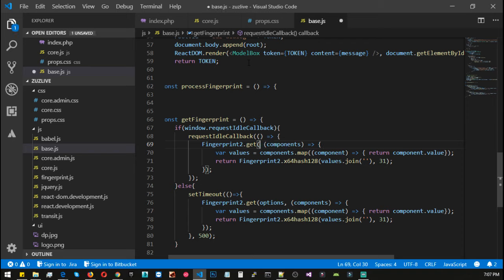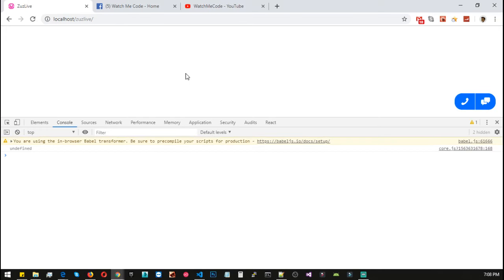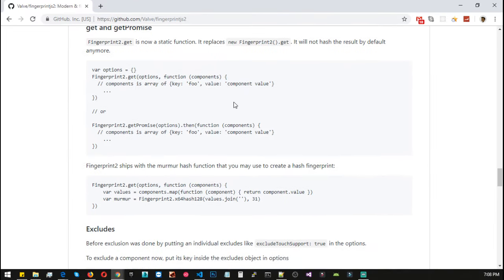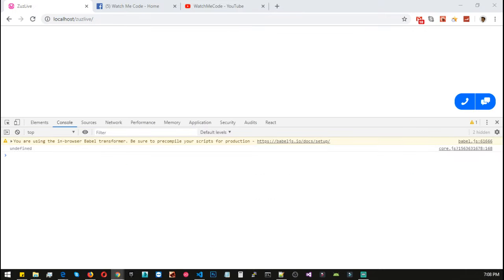Well, let's use the direct method instead. Components. Let's save it and try one more time. Oh, well, I am following the fingerprint JS2 method that is right from here, but I don't know what is going on. Or should I use,